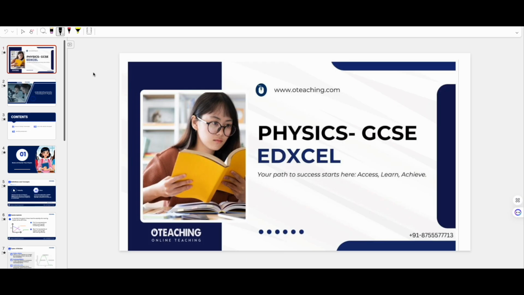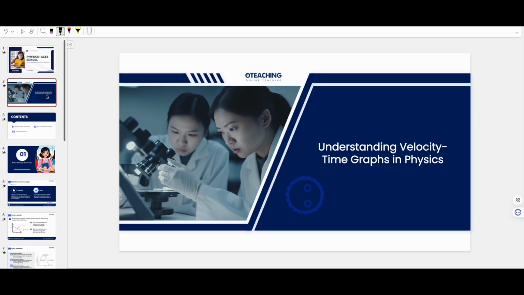Though it has been mentioned GCSE Edexcel, I know I have made a mistake here. It is GCSE Edexcel. Okay, but this topic is actually related to every curriculum where we talk about understanding velocity time